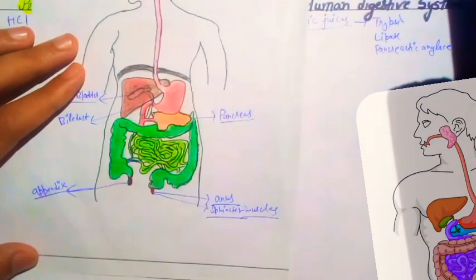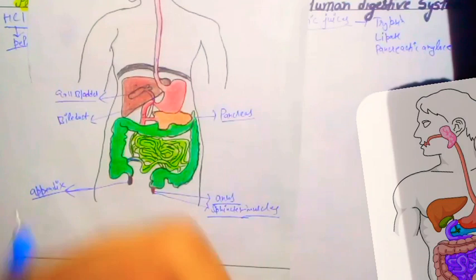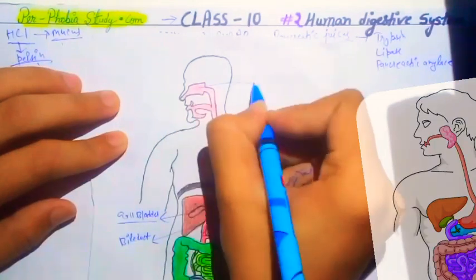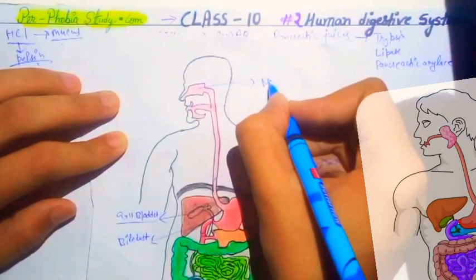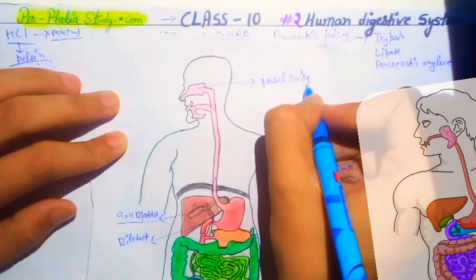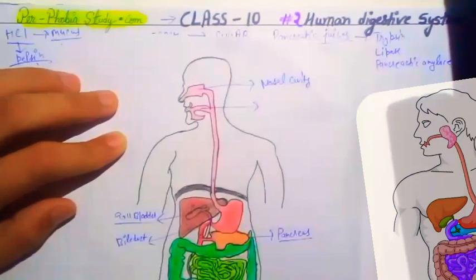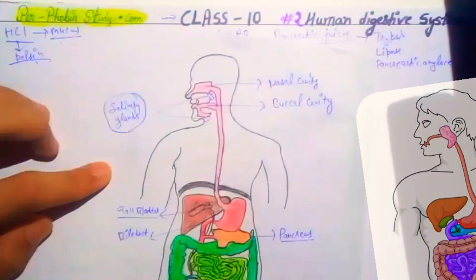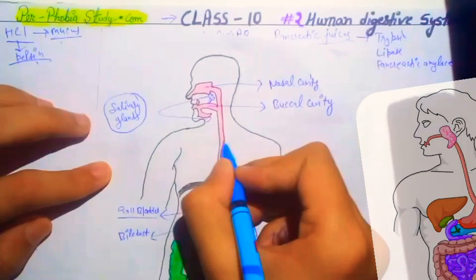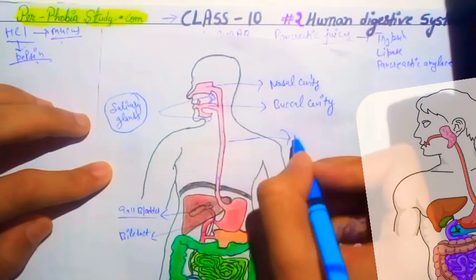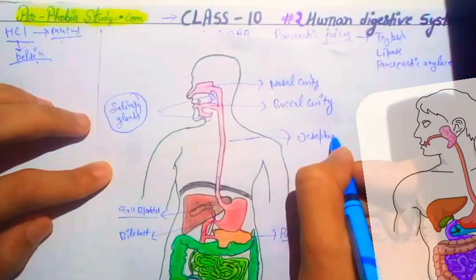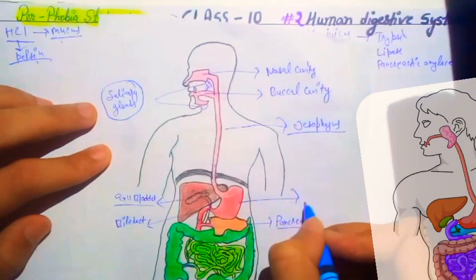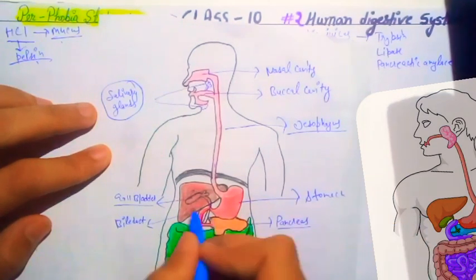So students, we have discussed all our topics. Let's revise them. This part is what? Yes, nasal cavity. And this is what? Yes, buccal cavity. And these important glands are what? Yes, salivary glands. And this pipe is called esophagus or food pipe, but esophagus is more prominent. And this is our stomach, and this is our liver,